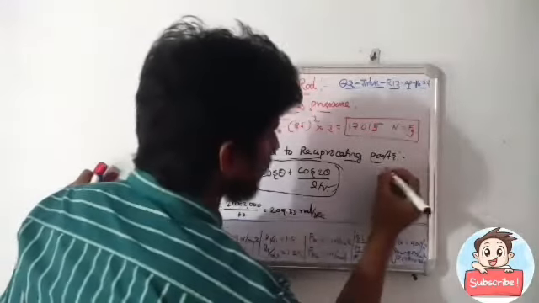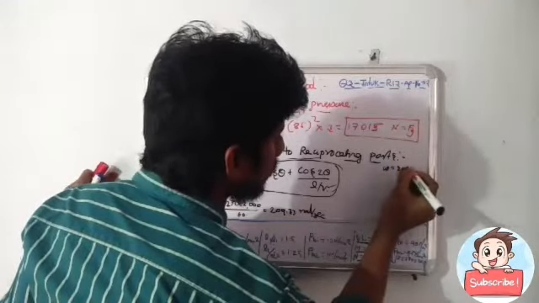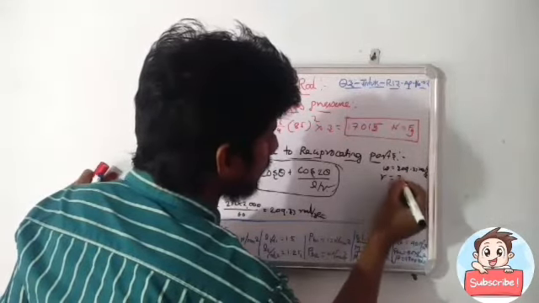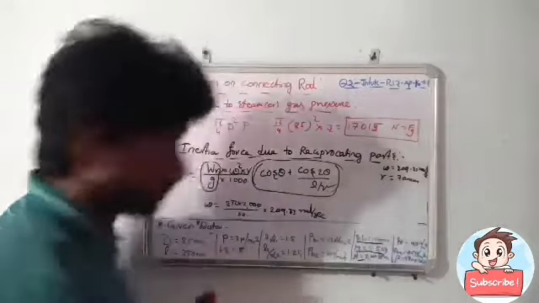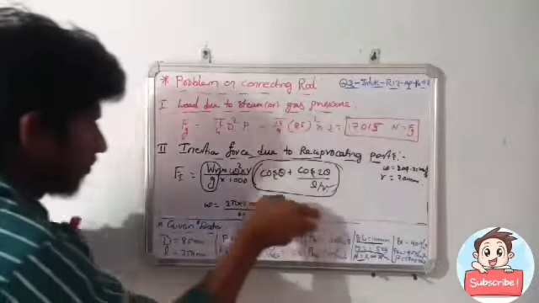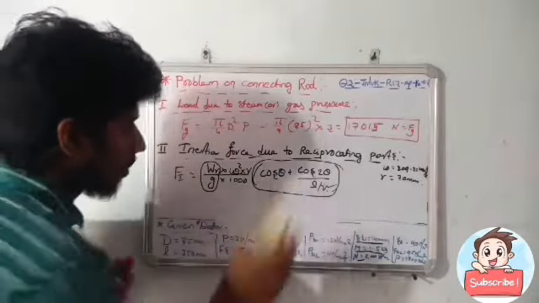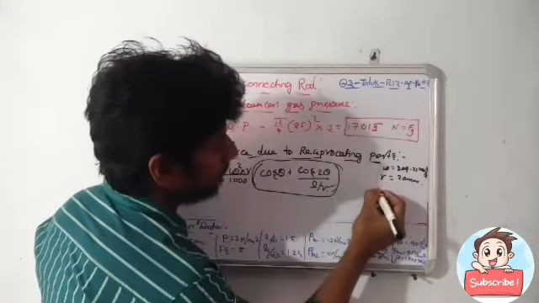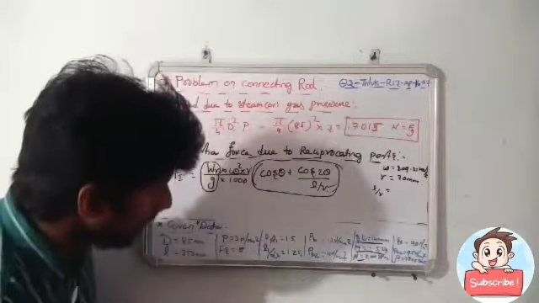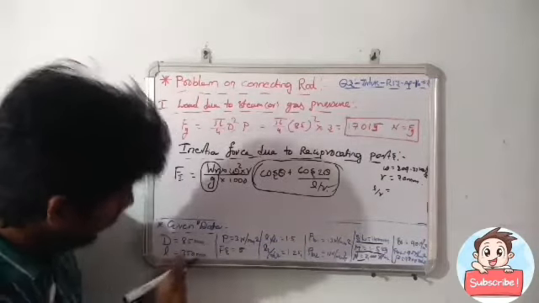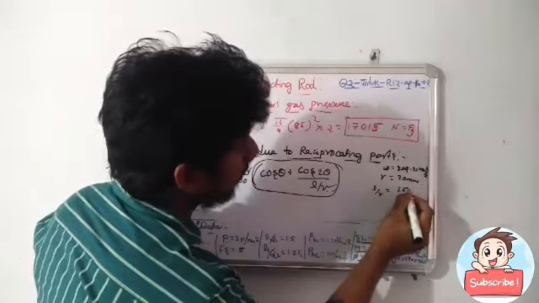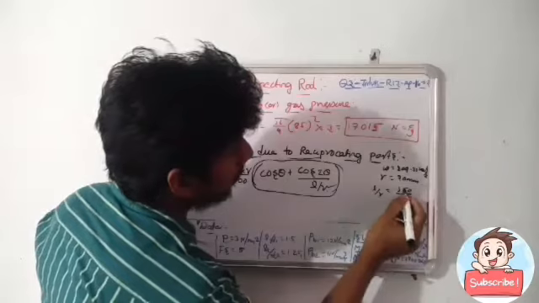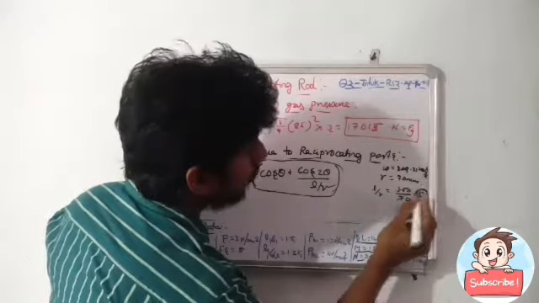I think it's better to write down these values here. Omega equal to 209.33 radians per second, and R equal to 70 mm. Okay, so let's see that. L by R, that is equal to, what is the L here? 350 divided by, what is the R? 70. By simplifying this, we get the L by R value 5.